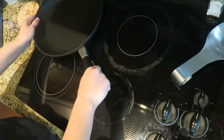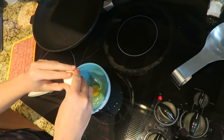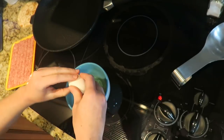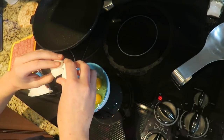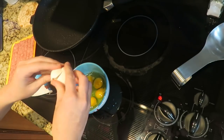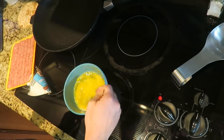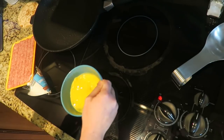So the first cheap, easy, and quick meal I have for you guys is breakfast for dinner. I know these are all dinner ideas, but we actually do breakfast for dinner a lot just because our mornings are pretty busy and we don't get to do a huge breakfast very often. So we like to do breakfast for dinner, and to make this cheap and easy, it is kind of a lot of stuff,